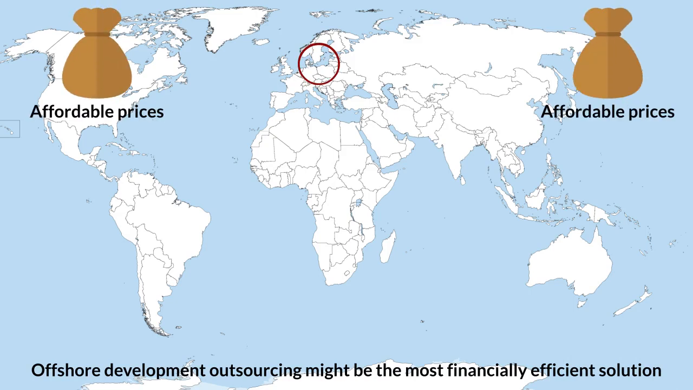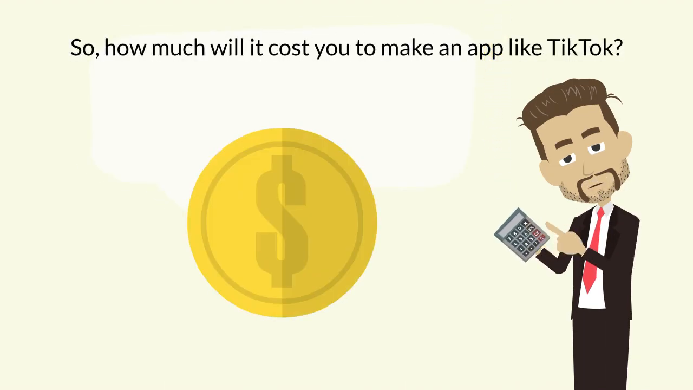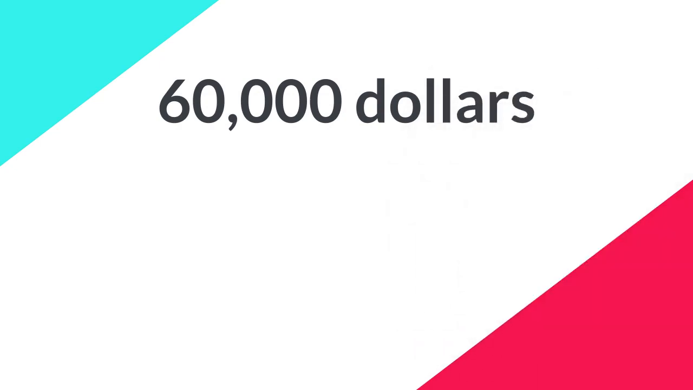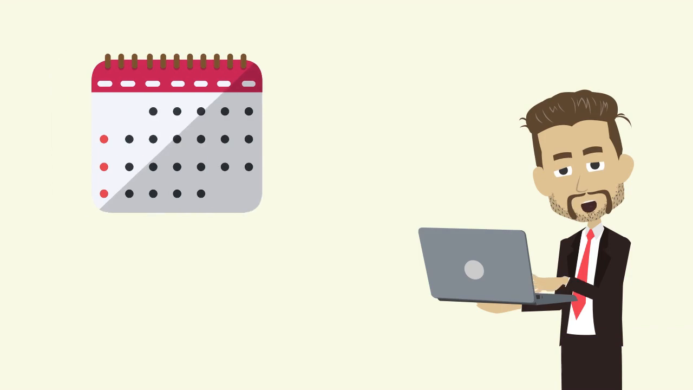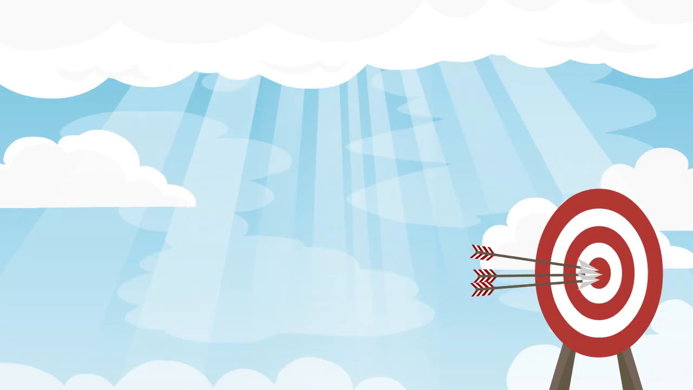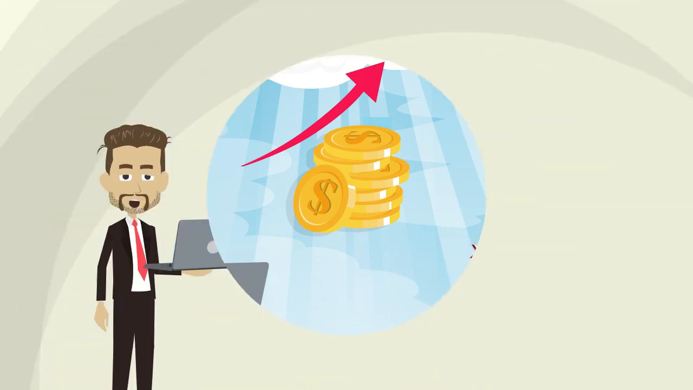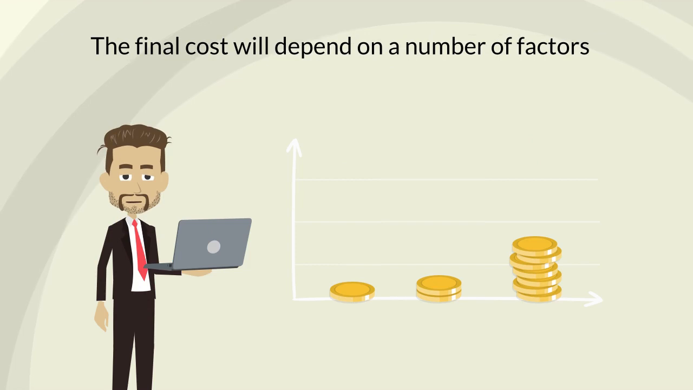So how much will it cost you to make an app like TikTok? The price starts around $60,000 for a single app version, iOS or Android. The development process will take around 3 to 6 months. If you decide to target 2 platforms, the cost will multiply. The final cost will depend on a number of factors, such as features and their complexity, third-party integrations, targeted platforms,